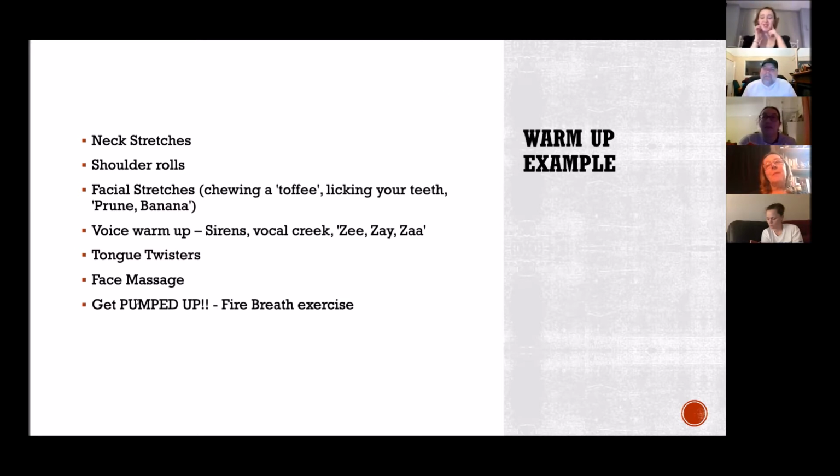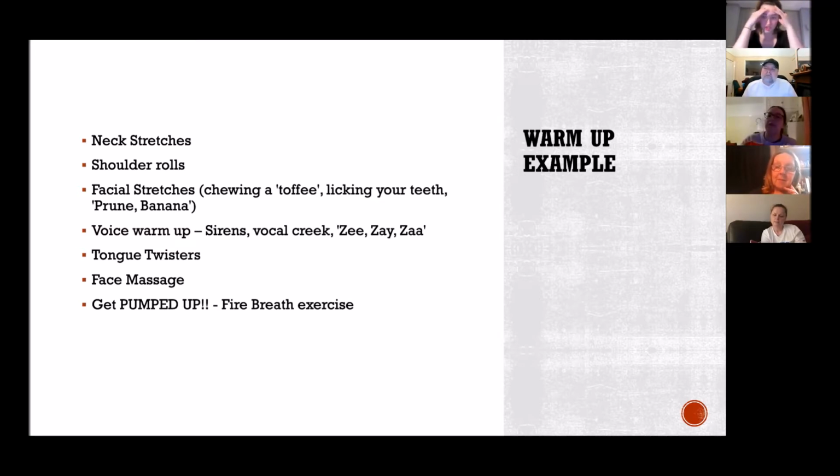And face massages are wonderful, because once you've been doing all of your warming up, you'll find that you've got a lot more tension in your face than you notice. So a good place to massage is at the hinge of your jaw. Underneath this, your tongue is attached underneath your neck, and it's really good to give that a good massage as well. Get everything nice and relaxed, and even your cheeks and your forehead as well,